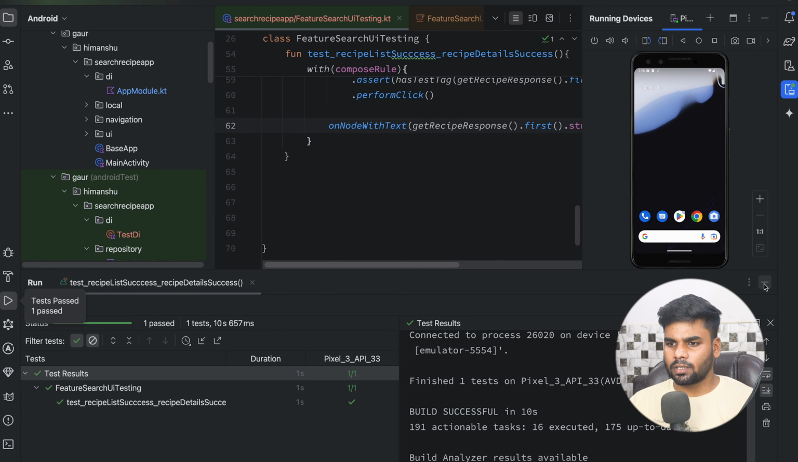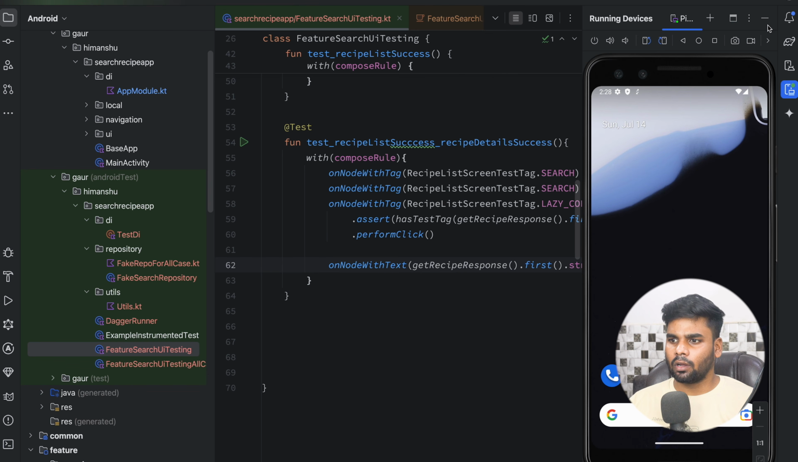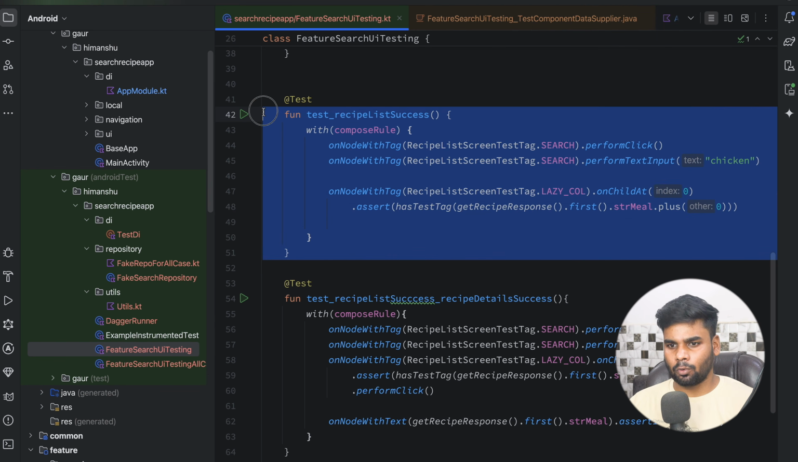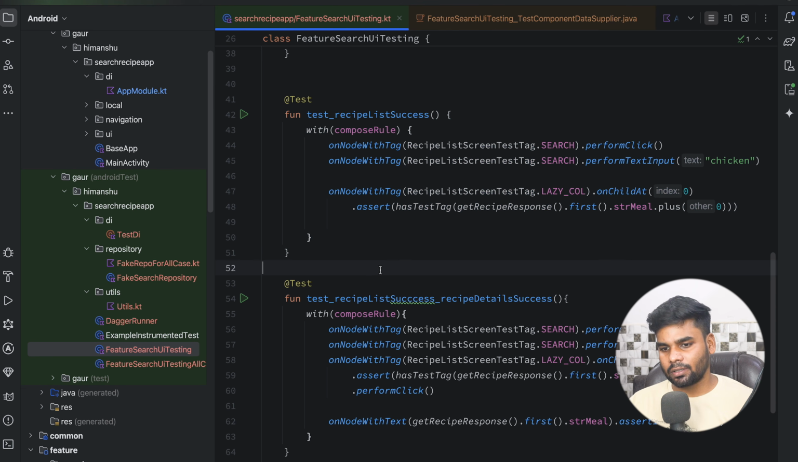Alright, so our test case passed successfully. Now, you can write your test cases with this approach also, and it will work, but the thing is you are not able to write test cases for all of the states that you have for your screen. So in this video we are discussing three different sections. In the first section we talked about how to test our search feature with the approach where